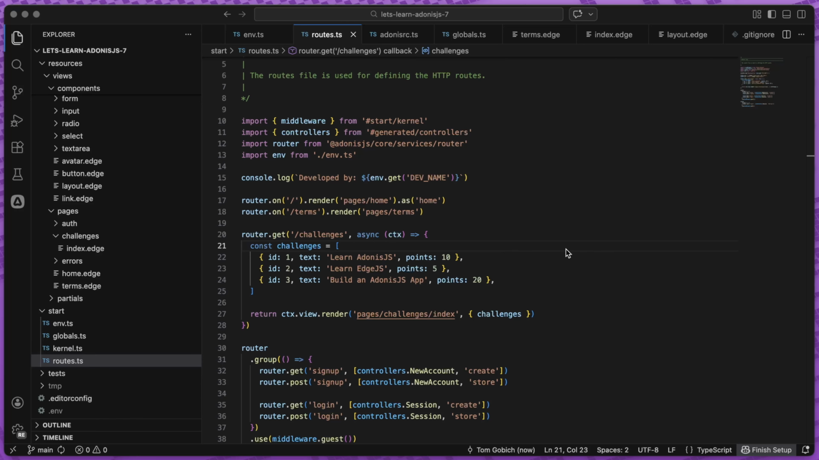So we've already learned a little about interpolation and tags within Edge.js, but we're going to drive that home here. For starters, we can do a lot more than merely access state with interpolation. As I mentioned in the last lesson, we can also perform JavaScript expressions as well. For example, if we wanted to show the total number of points available from our challenges, we can actually aggregate